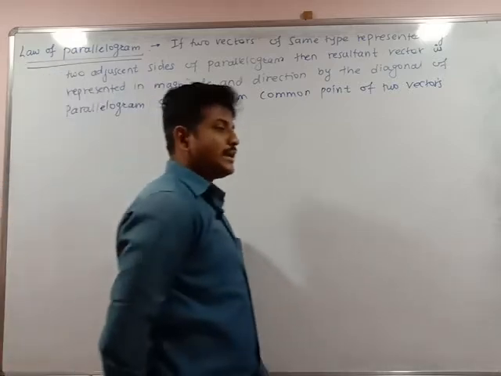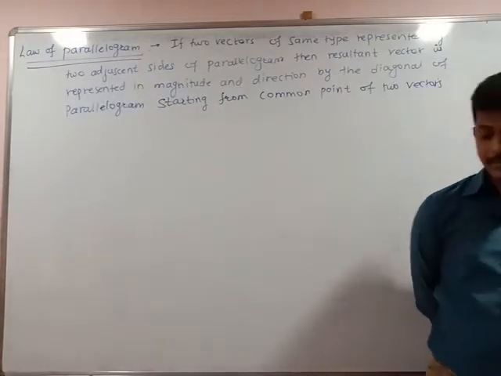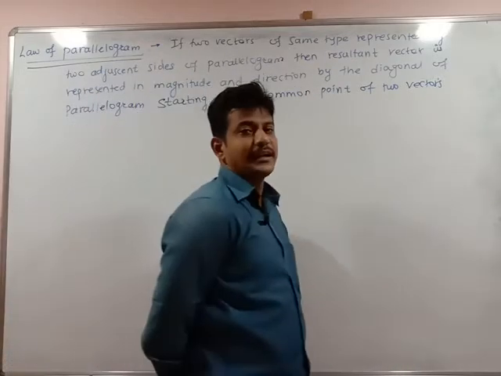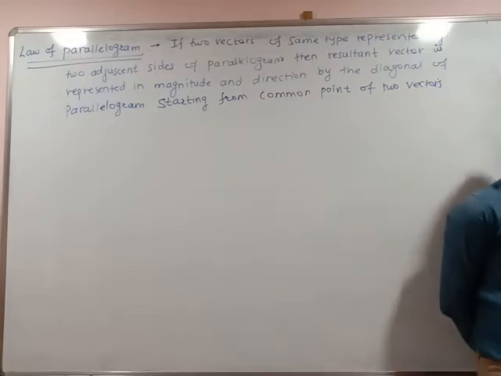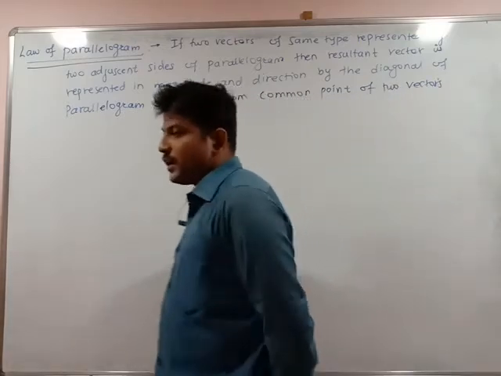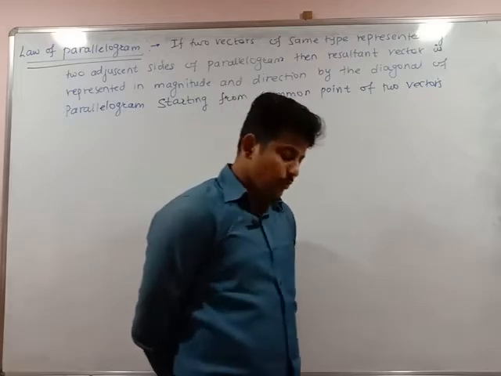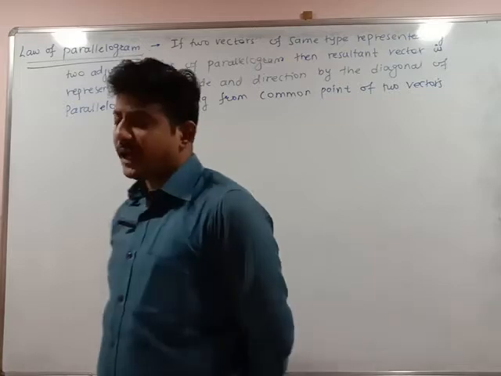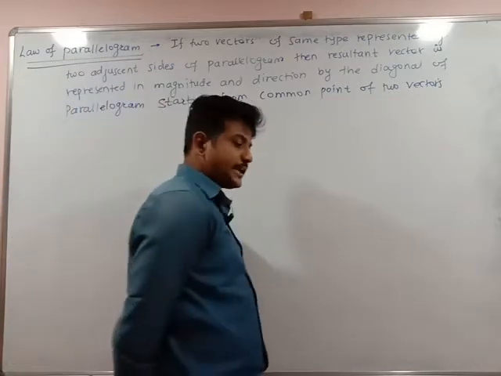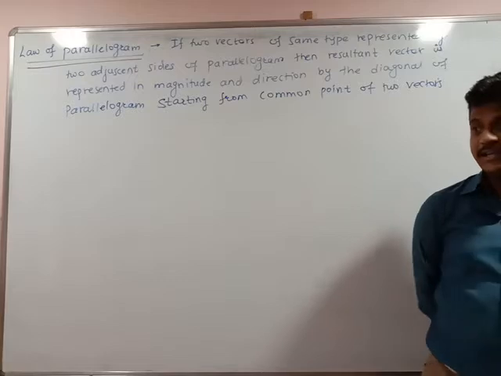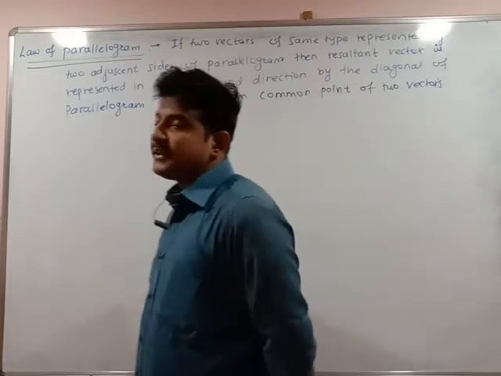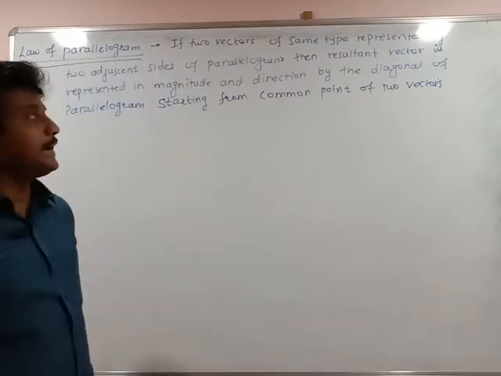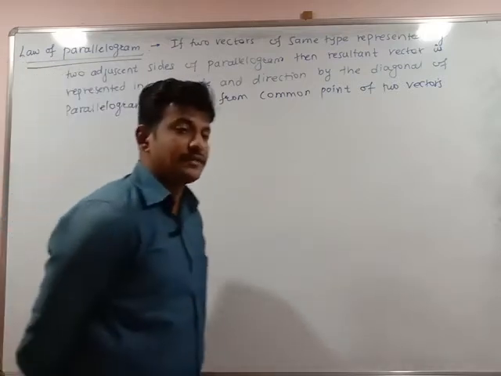Here also we are going to find the resultant vector of two vectors and the direction along which the resultant vector is moving. Because we know scalars and vectors: the quantity having only magnitude is said to be a scalar, and the physical quantity having magnitude as well as direction is called a vector quantity. Here we are going to find the magnitude of the resultant vector and the direction of that particular resultant vector.